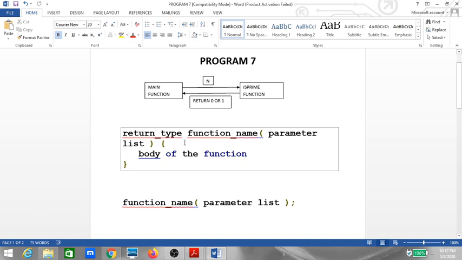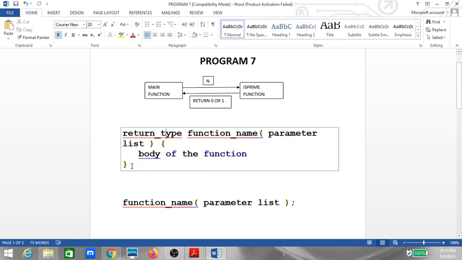That type, what kind of data I'm sending, should come here. Followed by that, I should have a unique function name that will define the function, and the parameters, that is the variables or input that I'm giving from the calling function to the called function, and then the body of the function, that is what functionality it is doing.